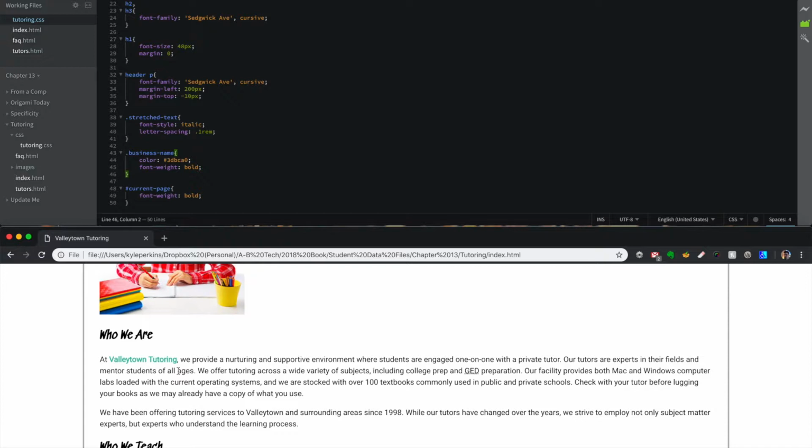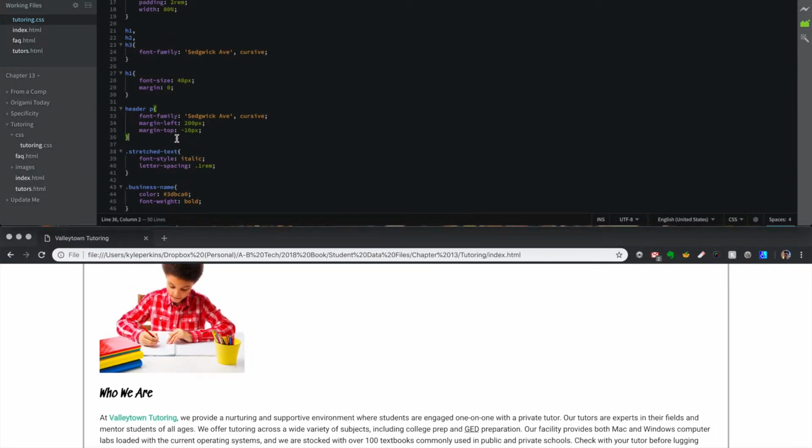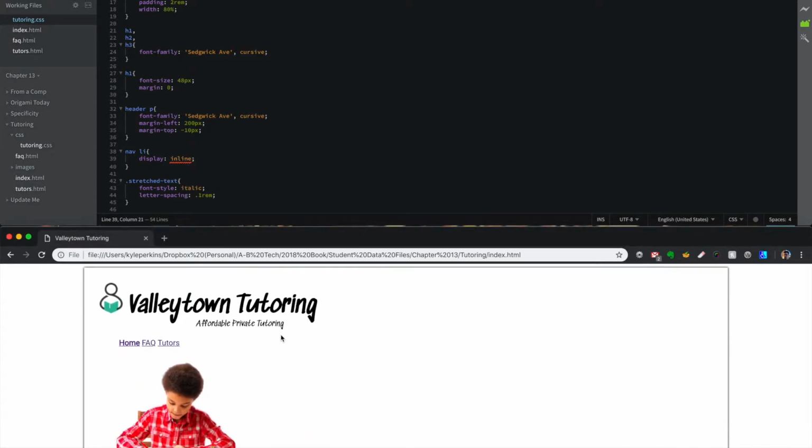Now we're going to style the navigation bar using the rules we just learned. So after closing the brace of the header P rule, which is right here, add 2 new lines and say nav li. We're stylizing the list items inside the nav. Display inline. Save, refresh. And now you notice that, hey, the unordered list inside the nav now lines up all next